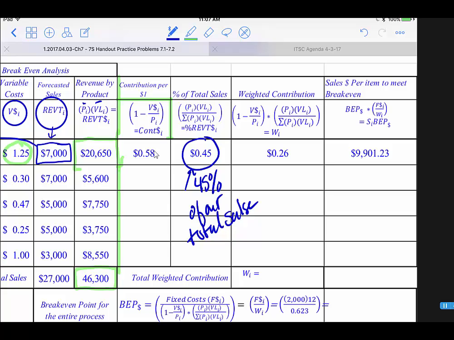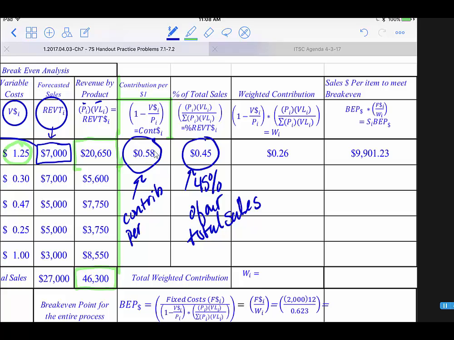Just by way of review, I hadn't actually defined this number for you. What this tells us is basically our sandwich's contribution per dollar. So for every $1 that we sell, the sandwich contributes 58 cents to our profit, if you will. So this is the contribution per dollar,